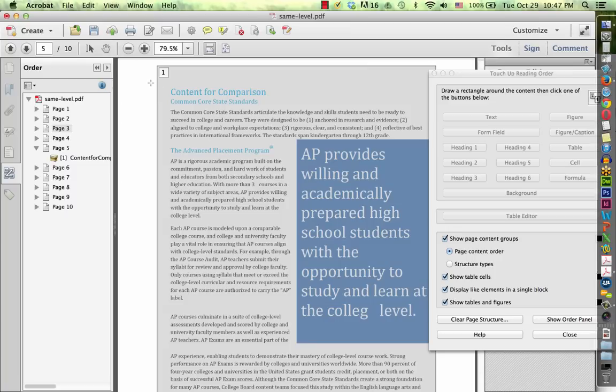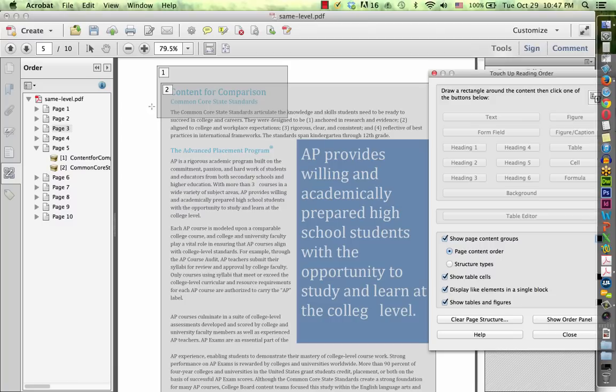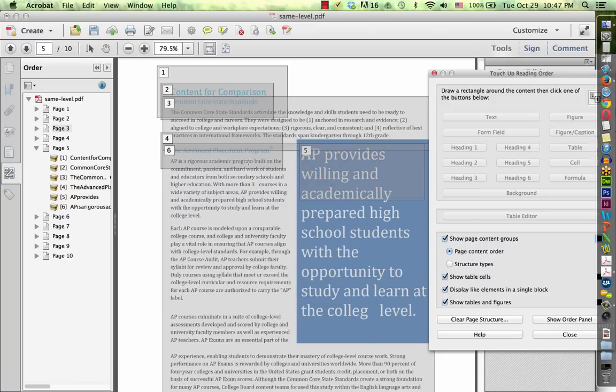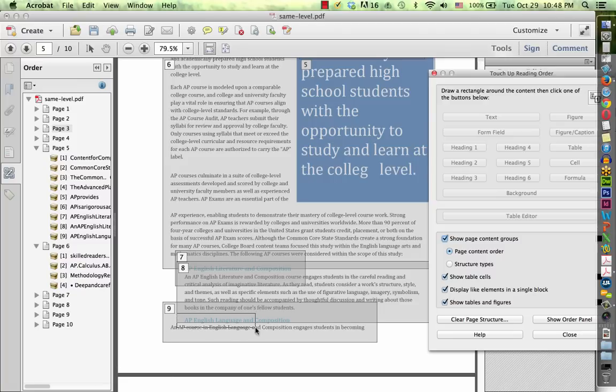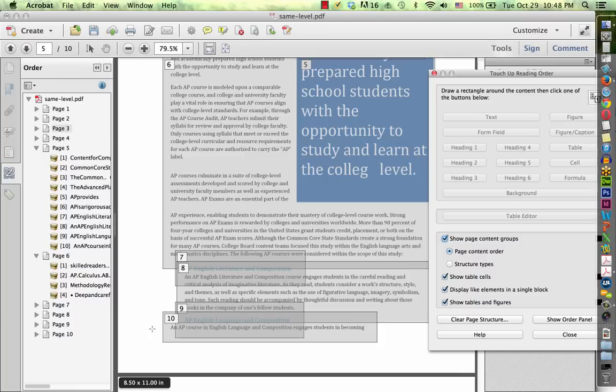And go to the next page. I'm guessing that should be a heading level 2, followed by a heading level 3 again. And then the Advanced Placement Program, I'm going to select that, change that to heading level 3 also. And this should probably be heading level 4. So I'm going to go ahead and do that. And this AP English Language should be heading level 4. Okay, so it's breaking up the content into these different blocks,